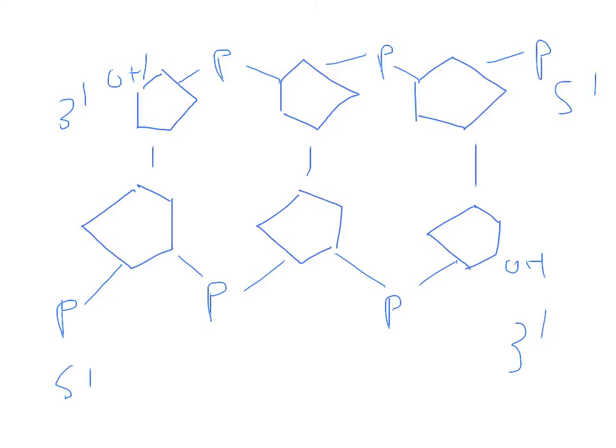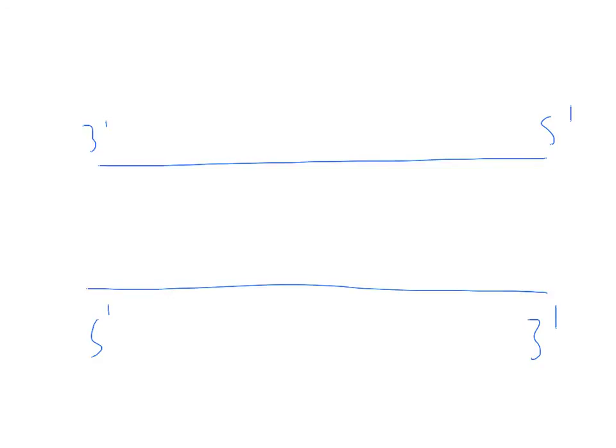It's free to form that beautiful double helix that we've seen. Okay, so why is this important to DNA replication? Well, one of the strands is a lovely strand, and that's our 3 prime to 5 prime strand. And the reason is that the other strand runs in the opposite direction. So the first stage of DNA replication is to unzip this DNA molecule, and we use a very special enzyme called